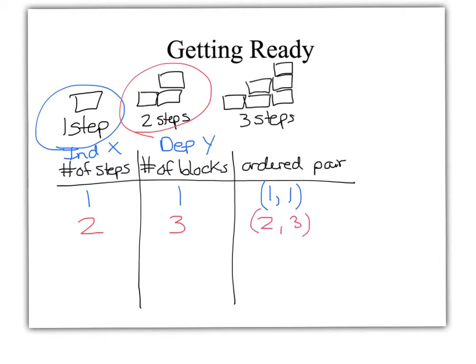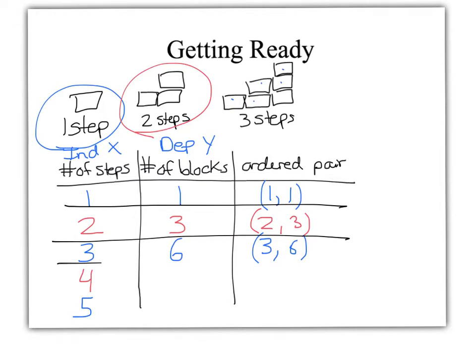3. And then the third part, if we have 3 steps, that requires, and here we can just count, so 1, 2, 3, 4, 5, 6 blocks. So our ordered pair is 3, 6. So the rest of the table, we have 4 steps, and then we have 5 steps. Okay, so you could redraw the picture,